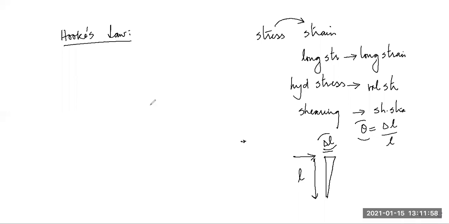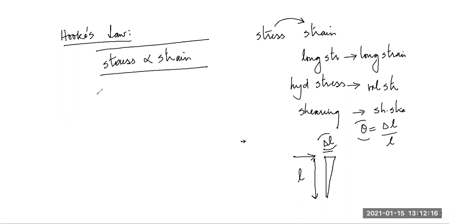So what is Hooke's law, guys? Hooke's law states that stress is directly proportional to strain. Always? Not always. Under some limit, the stress is proportional to strain. So guys, if we draw the graph, we should take the parameter which is in your hand on the x-axis, and the effect you should plot along the y-axis.